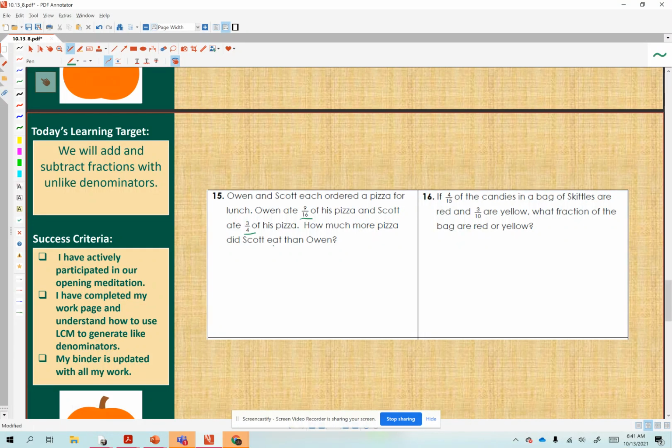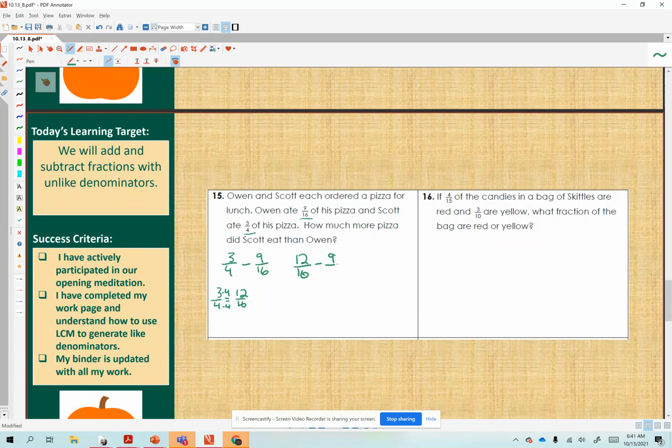So we're going to subtract Owen from Scott. Scott ate more. He ate 3/4. Owen ate 9/16. This is a subtraction problem. So our least common multiple will be 16. So 3/4, we will convert that to 16ths by multiplying the numerator and denominator by 4. So that would be